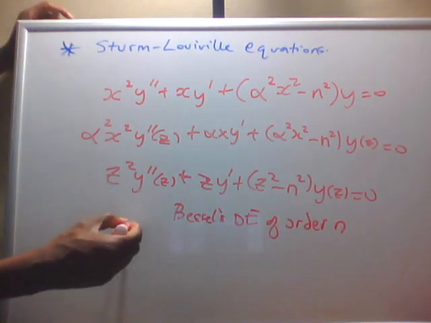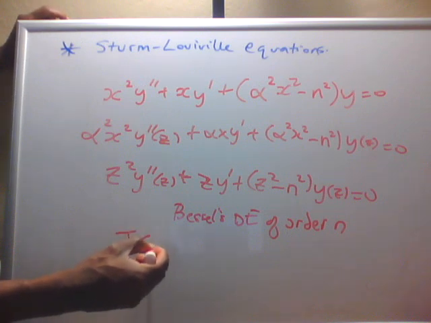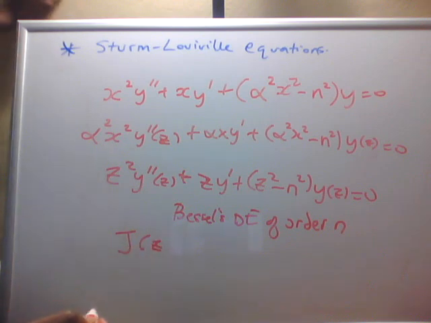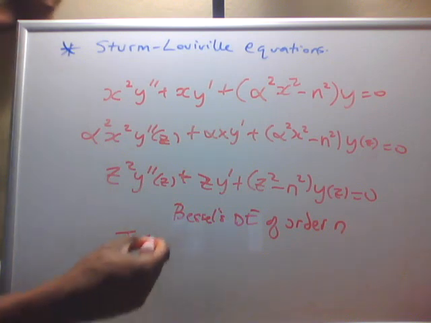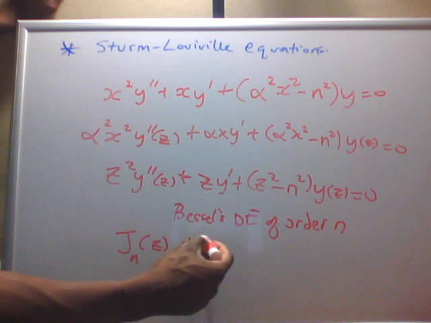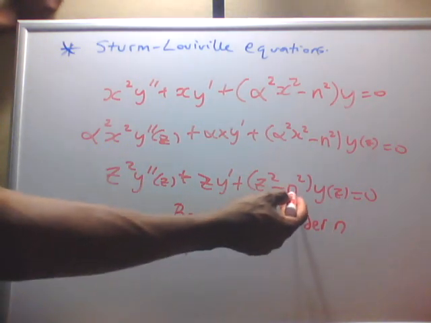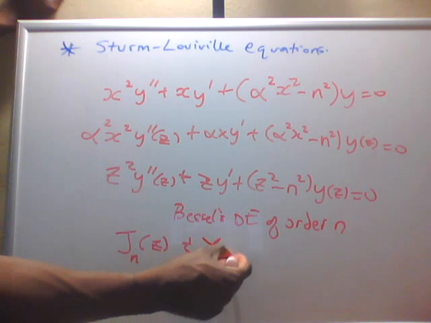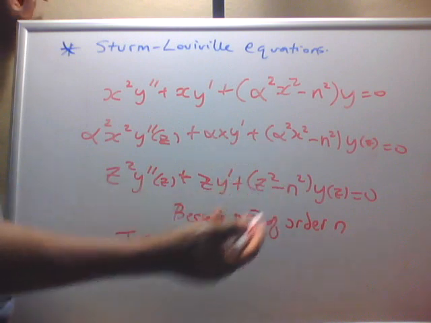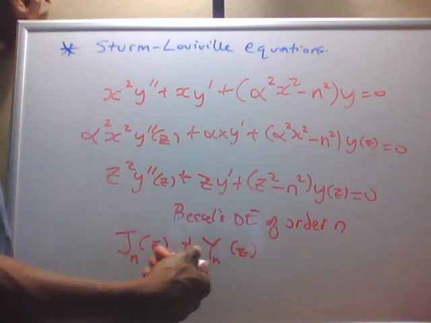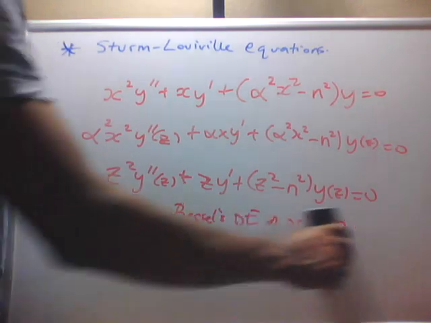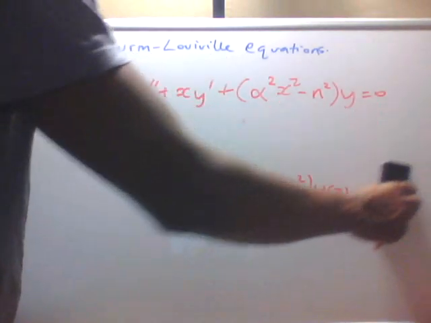Okay, our solutions for this would be J n of z, and depending on the case, if n is an integer, J n of z and Y n of z. If they're not integers, then it'll be J n and J negative n, like we looked at in class. Okay, so this Bessel form right here